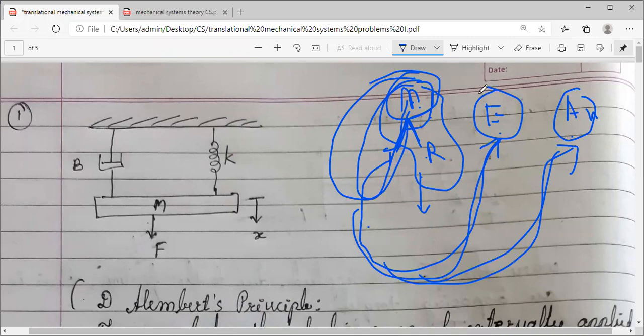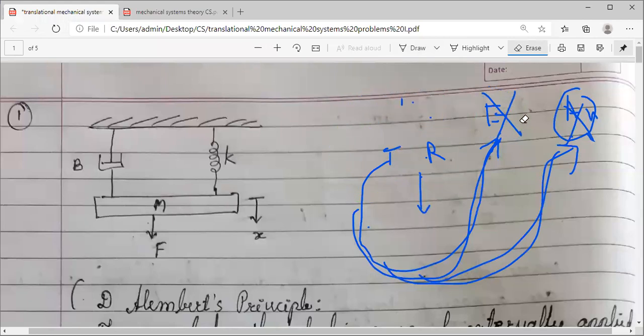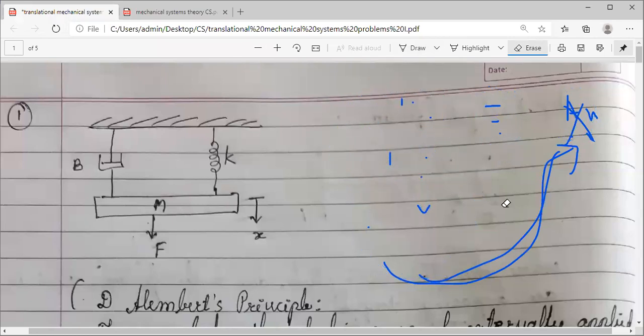As we still haven't covered these concepts, let me simply take a few problems on translational and rotational, then I will go to the theoretical background of analogous and electrical. Once we complete all, we will take a few problems which will cover all four varieties. So in today's class, let us start with the mechanical translational system problems.